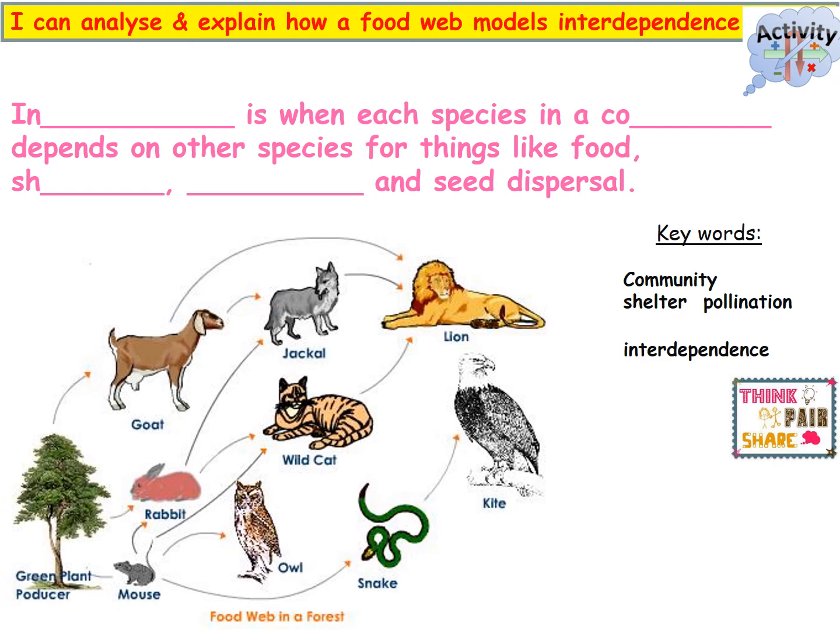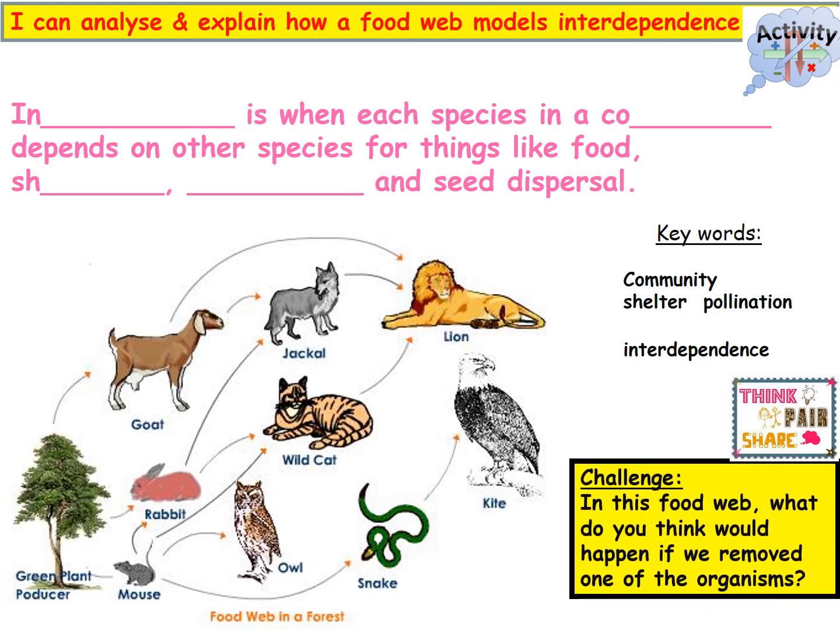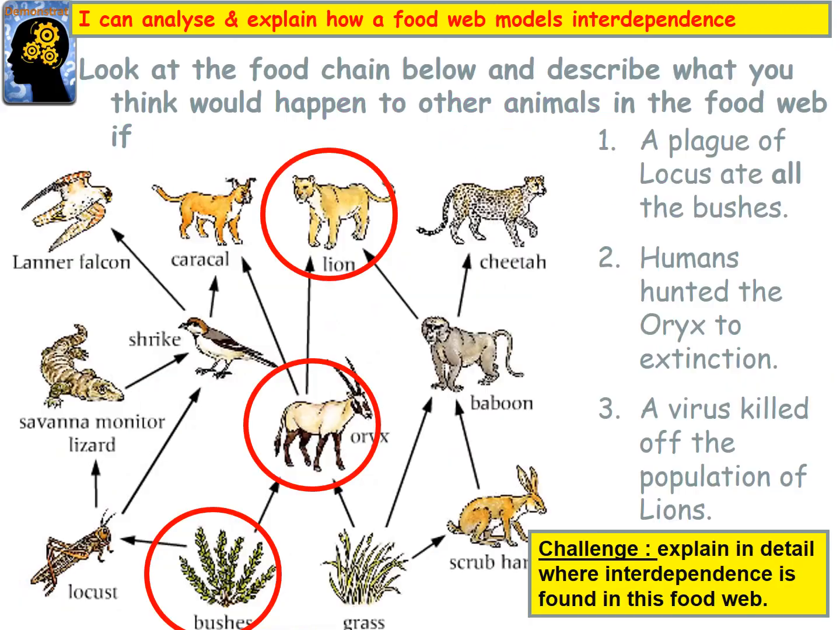Stretch and challenge. In this food web, what do you think would happen if we removed one of the organisms? Look at the food chain below and describe what you think would happen to other animals in the food web